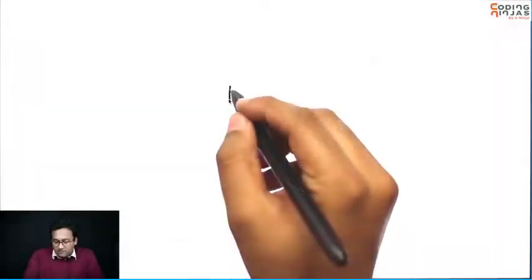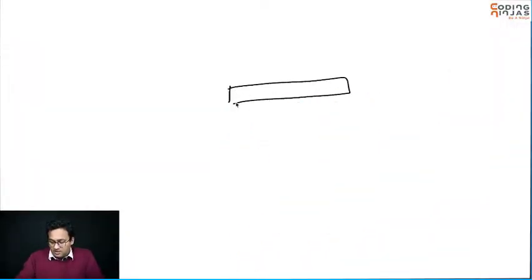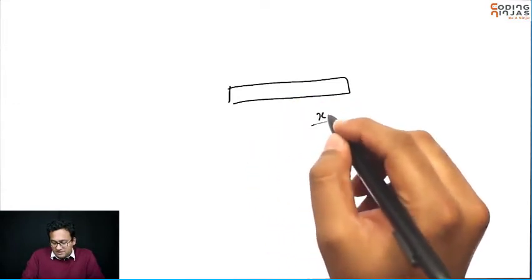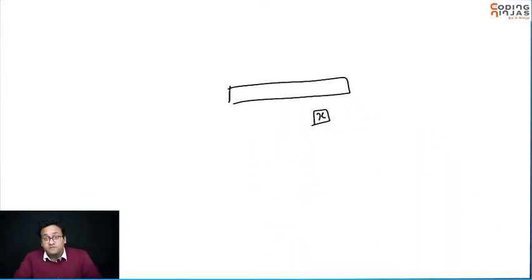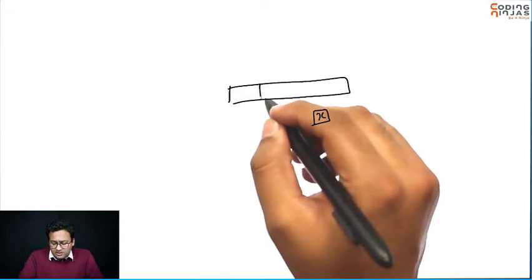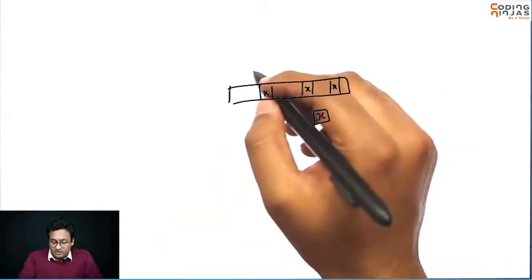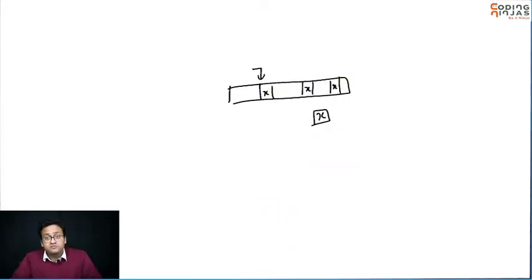Hi. So in this problem, what you need to do is you're given a list and you need to find the first occurrence of x. What does this mean? In case your list contains multiple places where you have x, you need to return the first occurrence. Okay. So there are two ways of doing it.